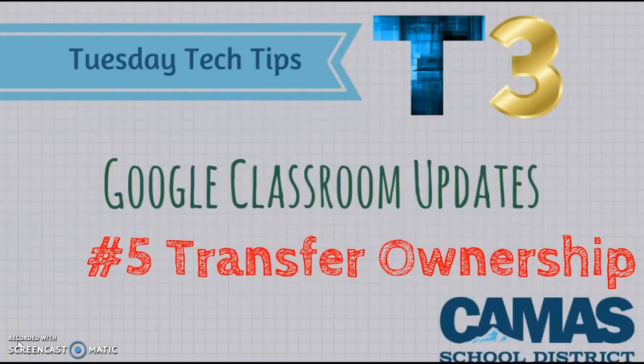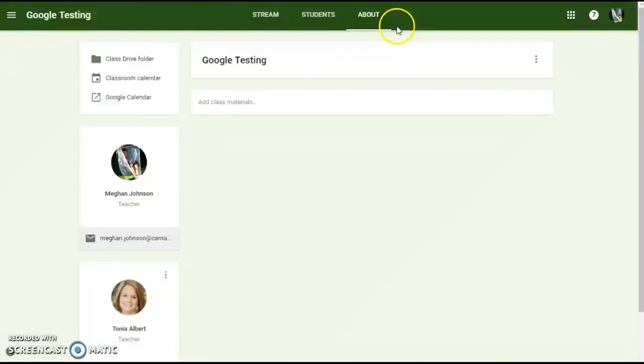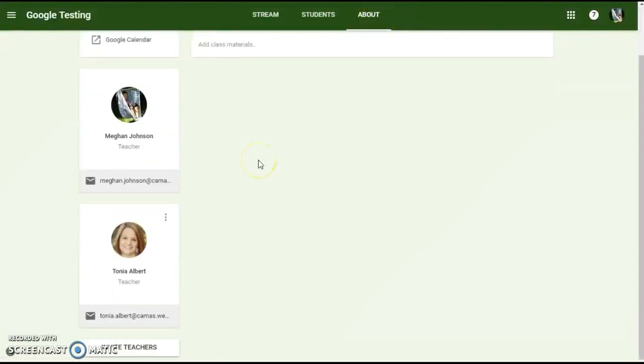For our fifth and final tip, we'll show you how to transfer ownership of a Google Classroom to another teacher. Now, if I go back to my Google Classroom to the About page, in the past I've still been able